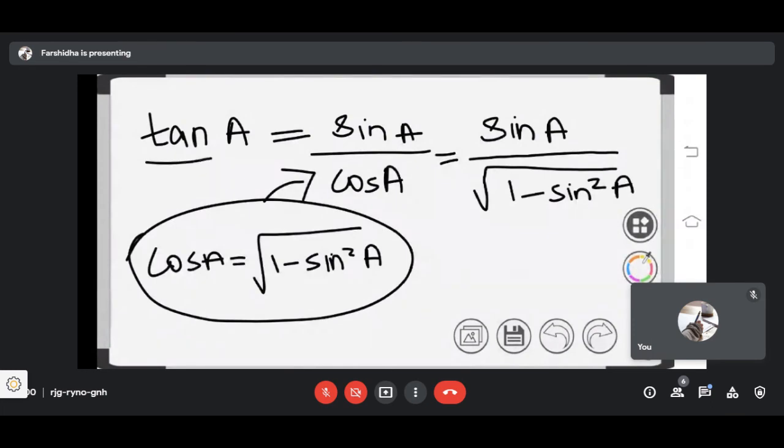Now we have represented tan in terms of sin. See, numerator also sin, denominator also sin. I'll explain it once more. Tan A you can write as sin A by cos A. I have simply replaced cos A as root of 1 minus sin square A. We have already found cos A equal to root of 1 minus sin square A. That's it. So the answer is tan A equal to sin A divided by root of 1 minus sin square A. Same way we need to represent sec in terms of sin.